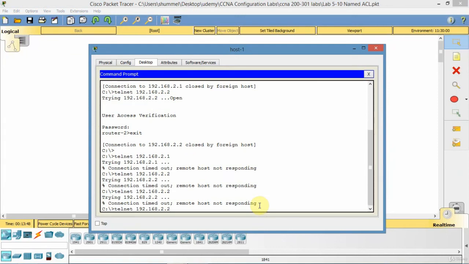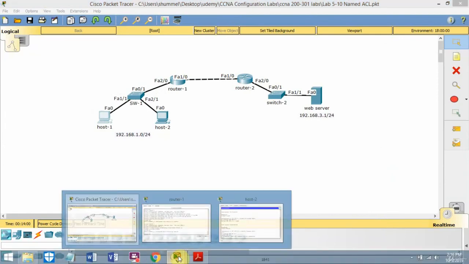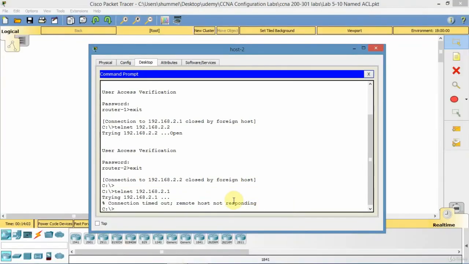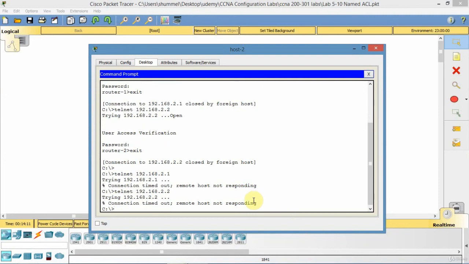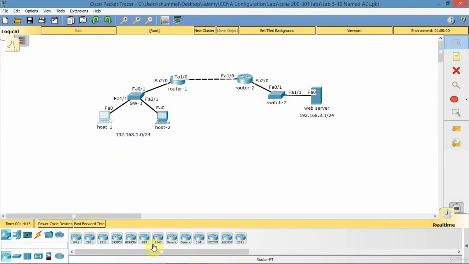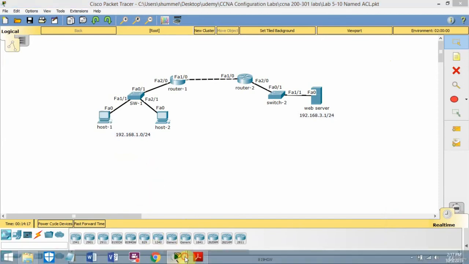I think I've tried them all. This is host 1, that's the wrong one. Go back to host 2. So on host 2, I'm going to go to 2.2, and it'll time out too. Connection timed out. So in both cases on both hosts, there is no connectivity of telnet